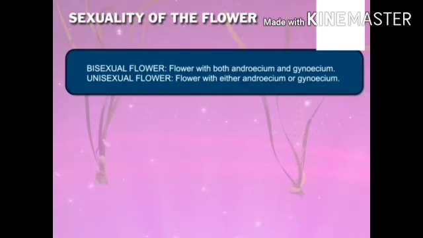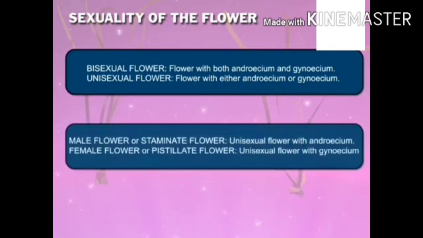Bisexual flower, flower with both androecium and gynoecium. Unisexual flower, flower with either androecium or gynoecium. Male flower or staminate flower, unisexual flower with androecium. Female flower or pistillate flower,